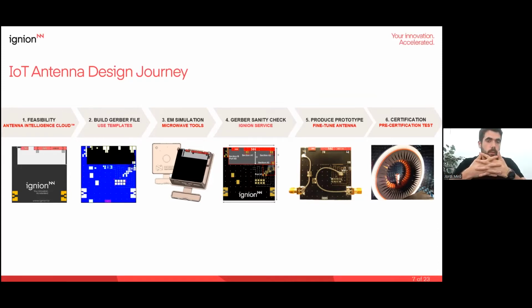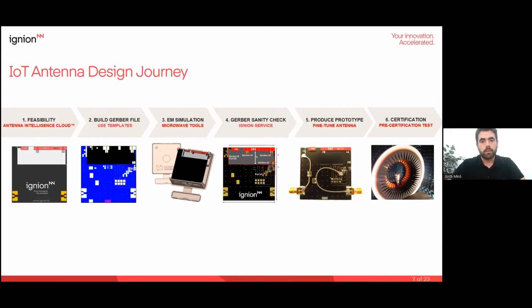And once your device is manufactured, you need to verify that your response is aligned with the simulations. So you need to verify through a VNA the reflection coefficient of your device. Then, thanks to the tailored capabilities of the virtual antenna, you can fine-tune the response in case some shifting in the antenna response occurs, because in simulation maybe you forgot some detail or so on, but don't worry, because you can fine-tune the matching network and get back to the